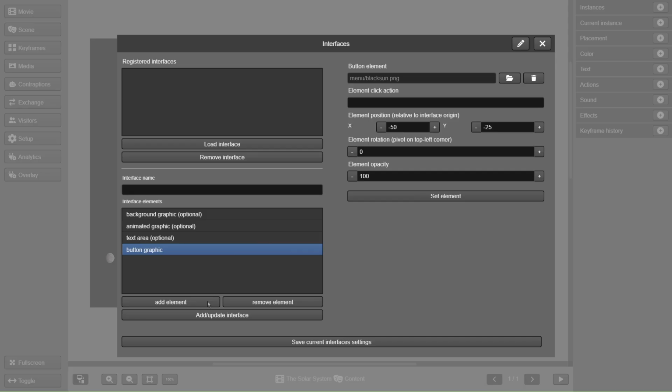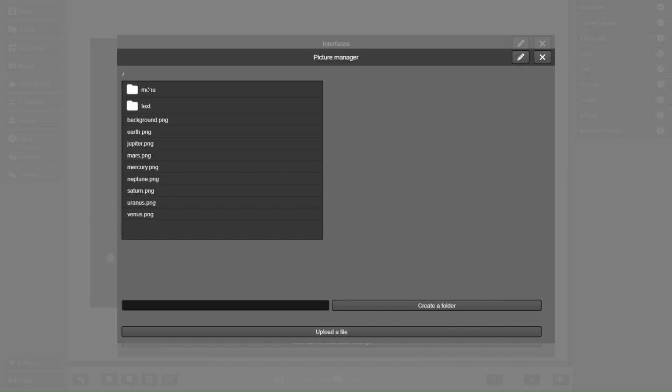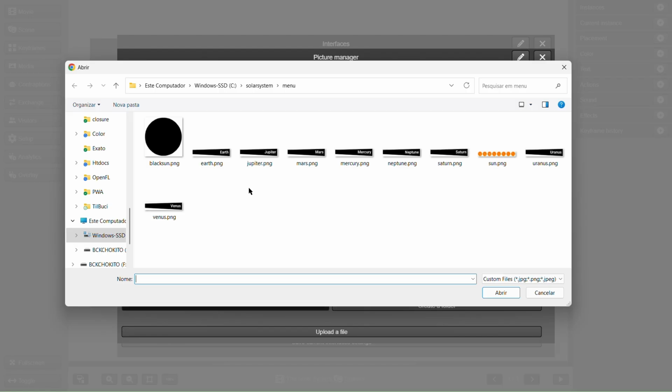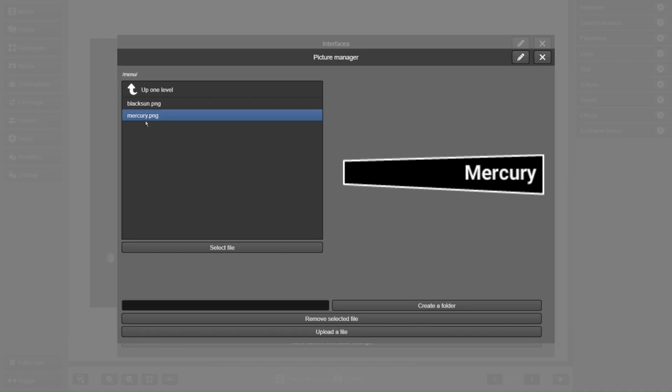Now let's add a new element containing the Mercury button. The process for uploading the picture is the same, positioning the image at x143 and y10. These values are defined when creating your layout.